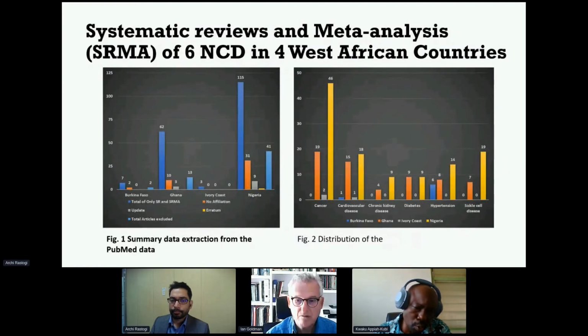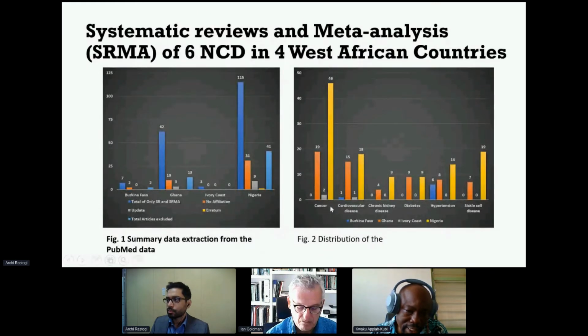Now to look into the distribution of the 6 diseases that were studied. The 6 diseases that we looked at are cancer, cardiovascular diseases, hypertension, diabetes, chronic kidney disease, and also sickle cell disease. Looking at this critically, you can see that for cancer, yellow here is Nigeria. Nigeria has a lot of studies in cancer, followed by Ghana, and we also have Ivory Coast doing something,